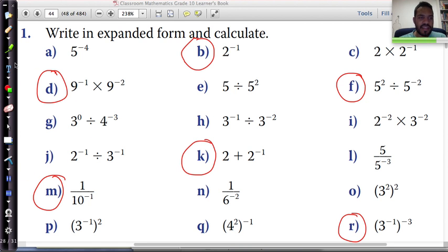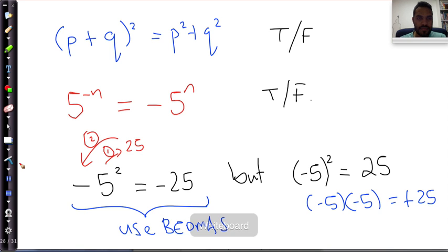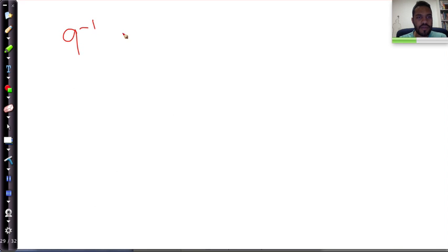Okay, so now that you've done that, let's look at each of these. 9 to the minus 1 multiplied by 9 to the negative 2. Again, we remember that this here is your base. That's my base over there, and so is that over there. That's also my base. And when I look at the two bases, they are identical, they are the same,